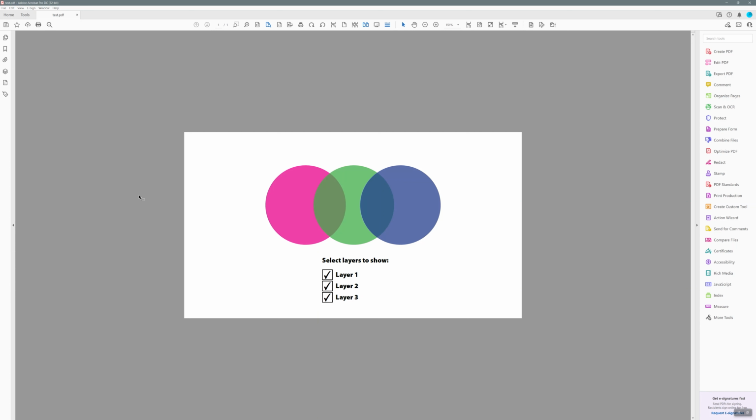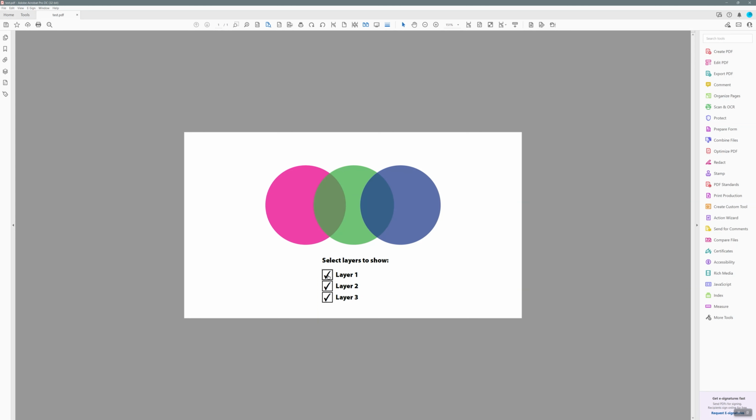And now this PDF should work, so that when I uncheck this box, it controls layer 1, layer 2, and layer 3. And if I save this PDF, it becomes a completely normal PDF with these scripts embedded. And anybody who's using Adobe Reader to view this PDF document will find that these checkboxes work. They do not need FormMaker. They do not need Acrobat. They just need Adobe's free PDF reader.